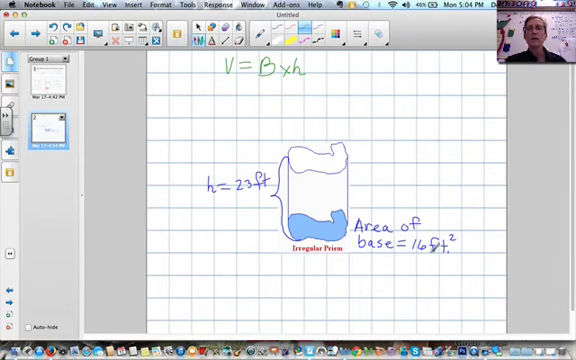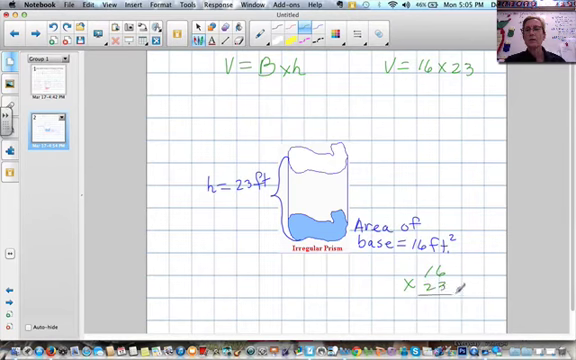So we know the area, so we'll set it up over here. Volume is equal to, and then we know that the area of the base is 16 square feet, so that's given to us. And we're going to multiply that times the height, which is 23 feet. So let's do the math over here. Let's go 16